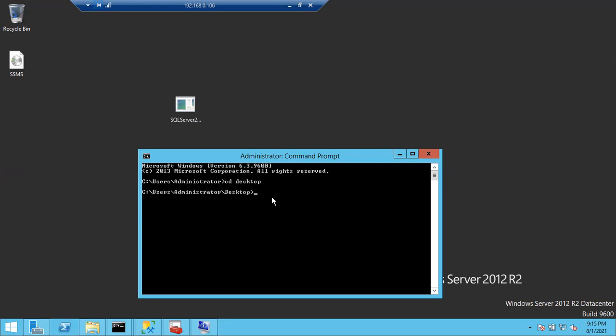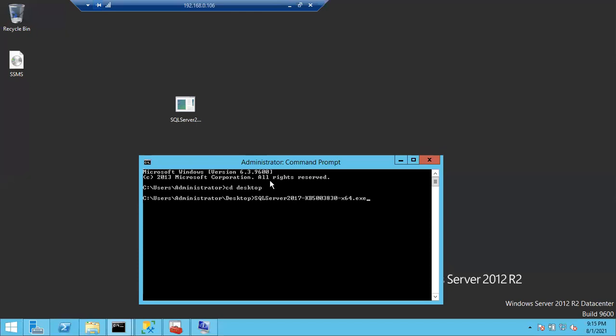So let me type the file. Yes, just click on the tab button so that it automatically completes; you can see the file starting with SQL Server 2017. This is the actual file, right? You can see SQL Server 2017, and you can see the same file 2017 KB 5003830.